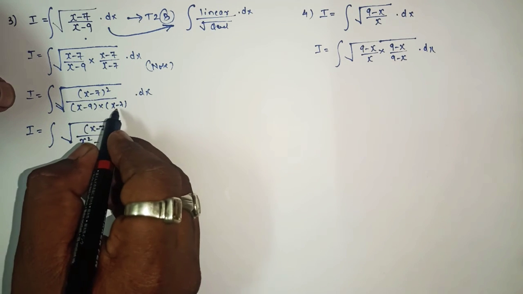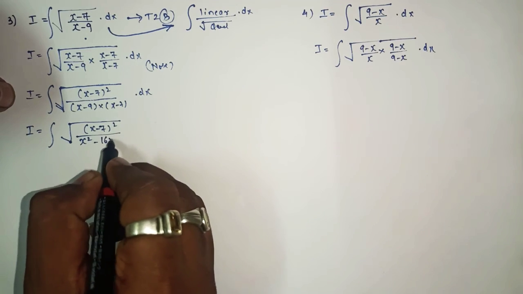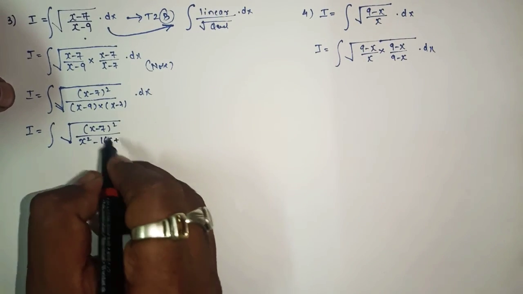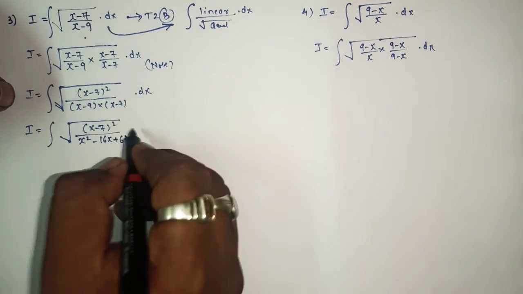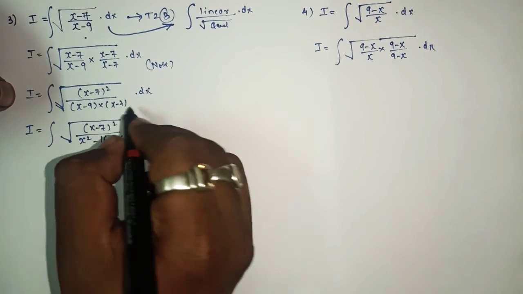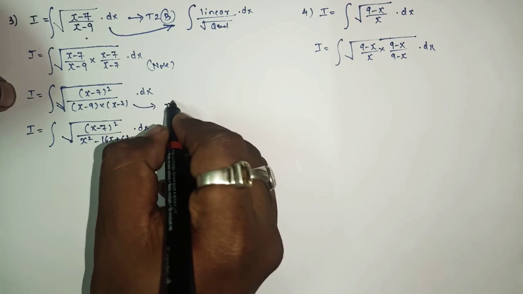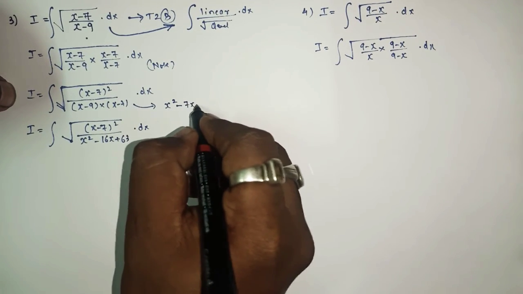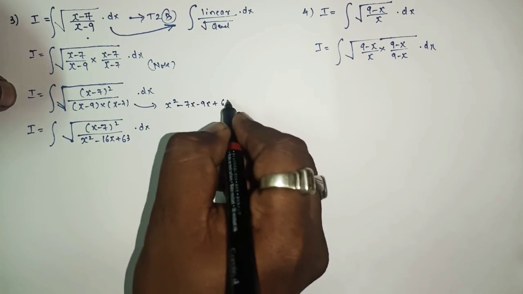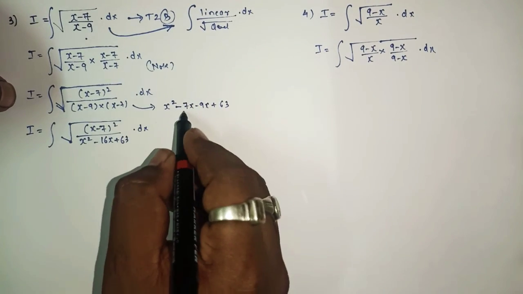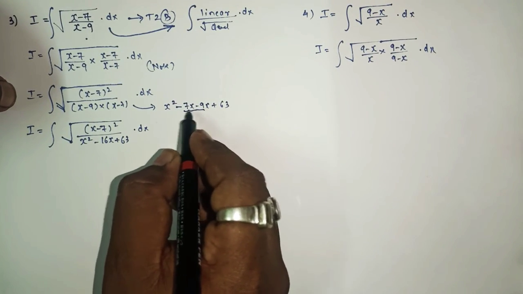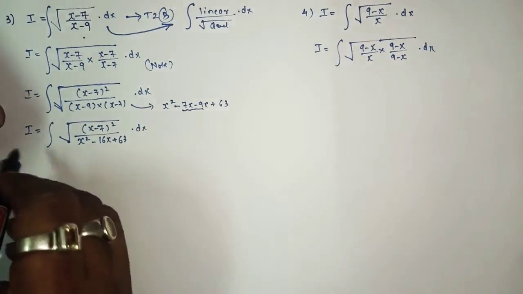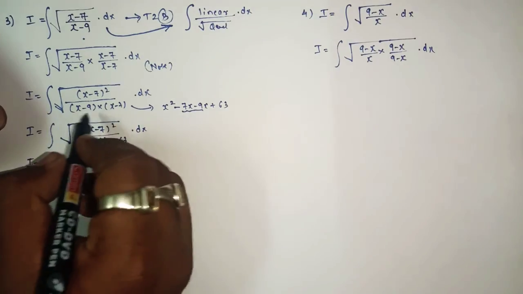Okay, minus 9 minus 7, so it will be 16x. And minus minus is plus, 9 sevens are 63. Okay, bracket open, so you will get what? x square minus 7x minus 9x plus 63. 9 sevens are 63, so this part will be minus 9 minus 7, which will be minus 16. I hope you all know how to expand the bracket.